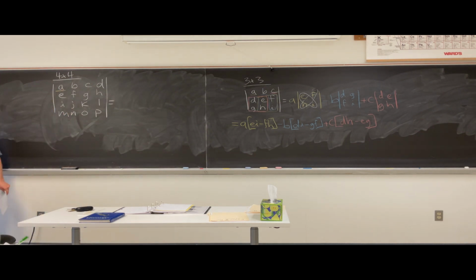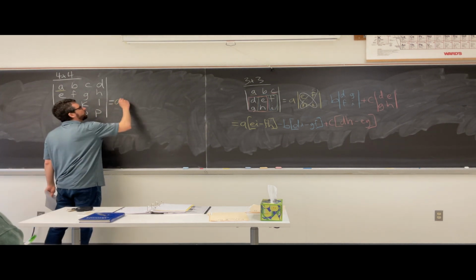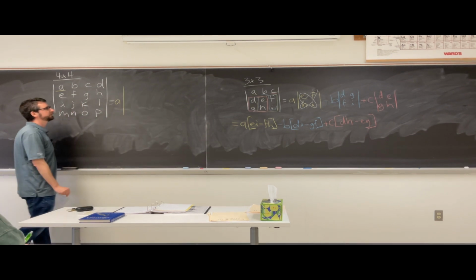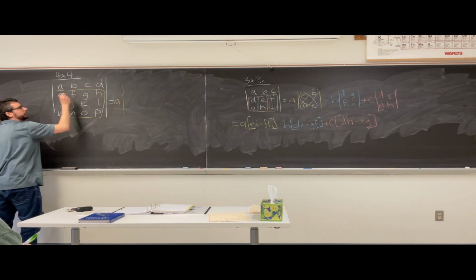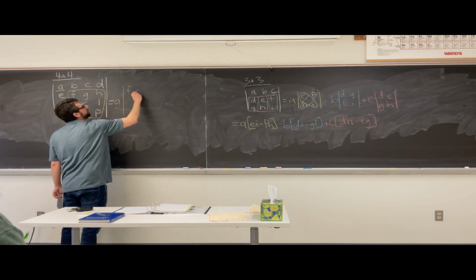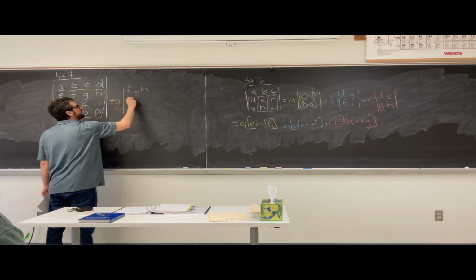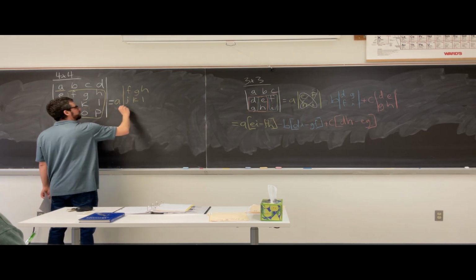A, remember, we ignore the row and we ignore the column. So we're gonna have A, what determinant's gonna go in here? F, G, H, J, K, L, M. Yep. F, G, H, J, K, L,